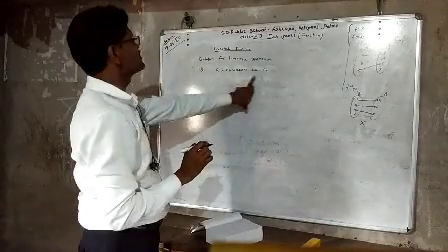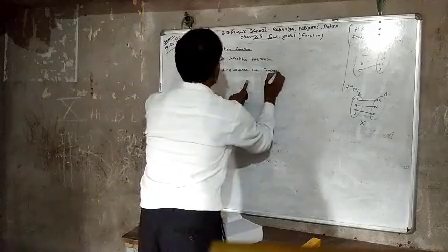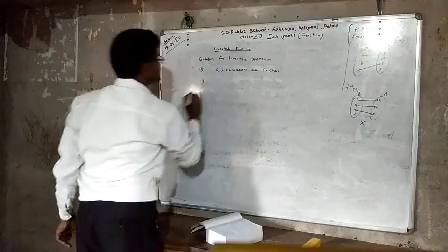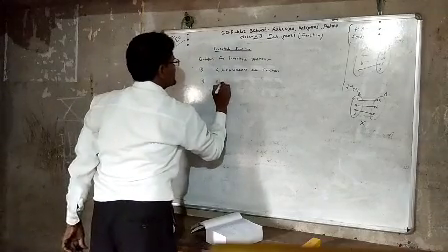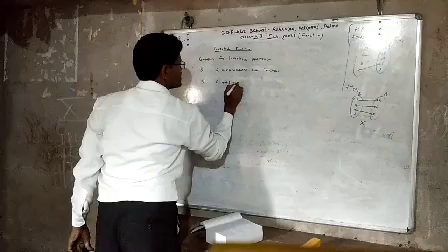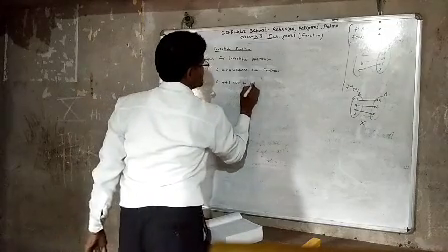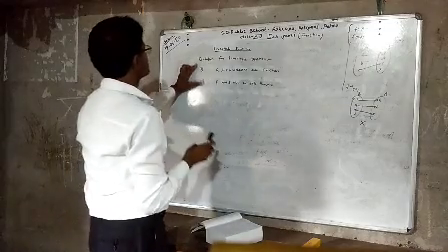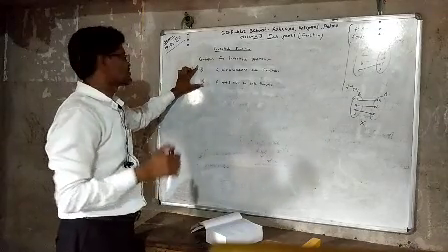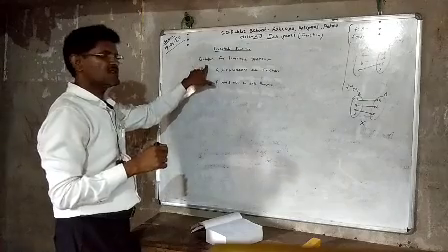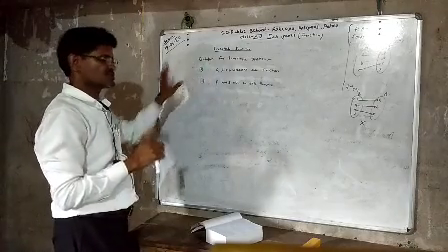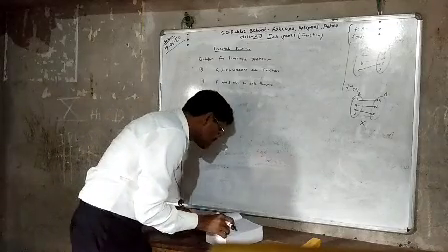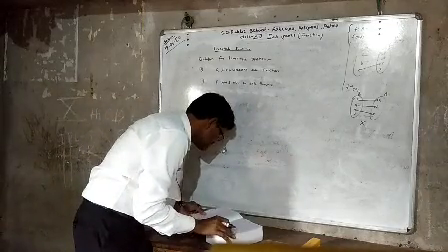If a function from A to B is one-one, then we can find the inverse of f. And the second condition is that the function from A to B is onto. If any function satisfies both of these conditions, then the inverse of the function can exist. Now we know about the function.